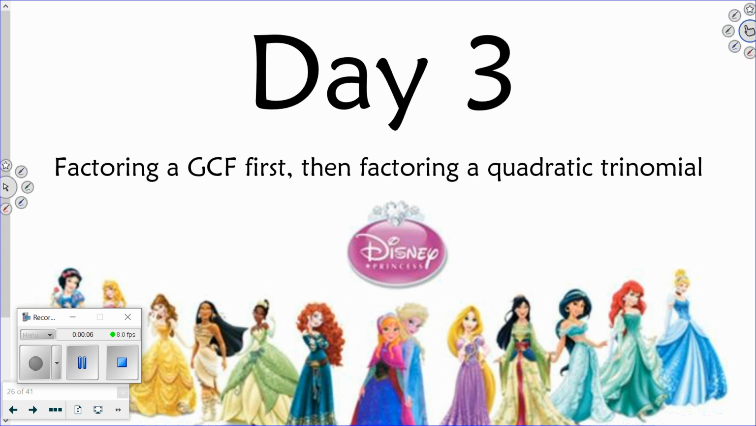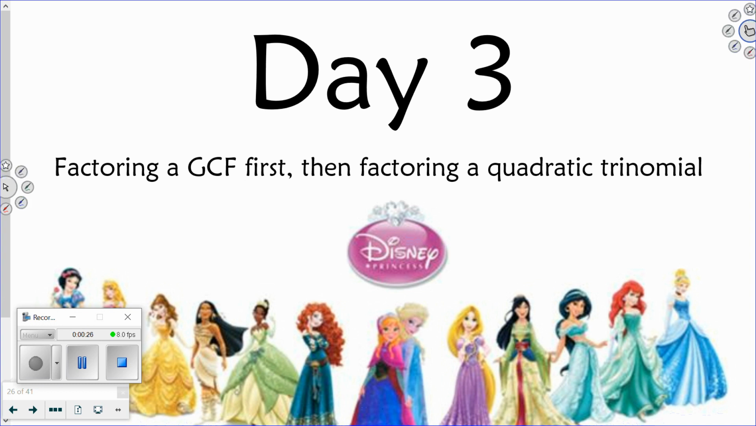For day 3, we're looking at putting together day 1 and day 2. Like day 1, we worked on just the GCF. Day 2, we worked on the guess and check process. Today, we're going to take out a GCF and do the guess and check process, just to see how all of it works together. The very last problem yesterday was one of those, where we took out a GCF and then